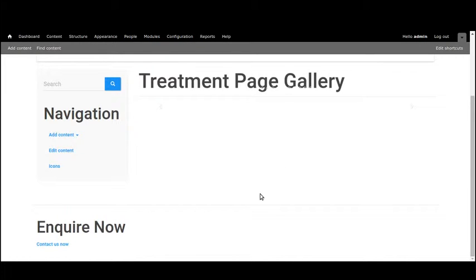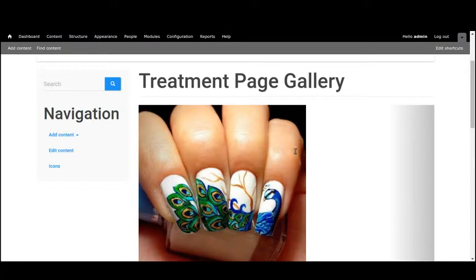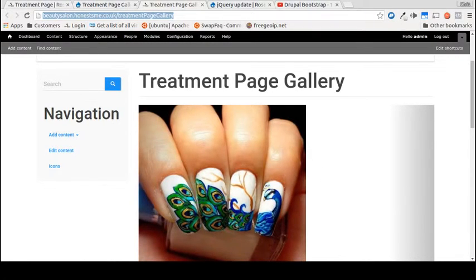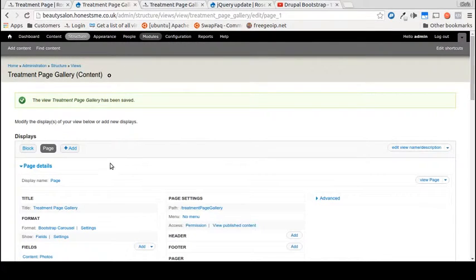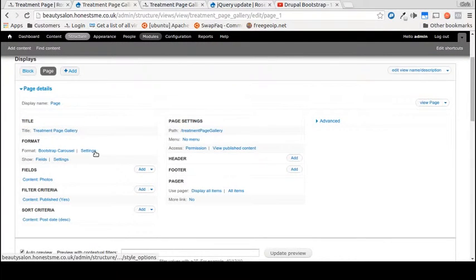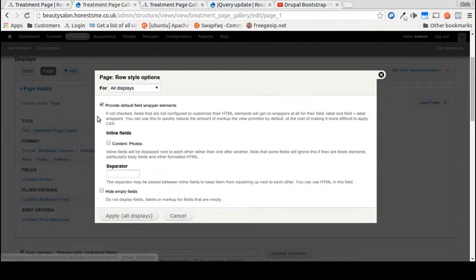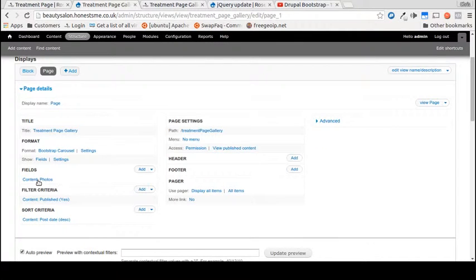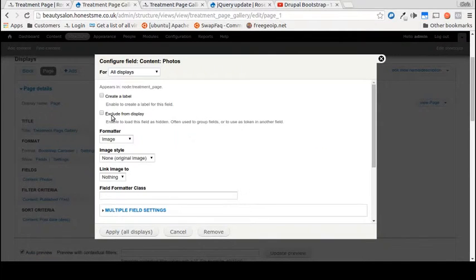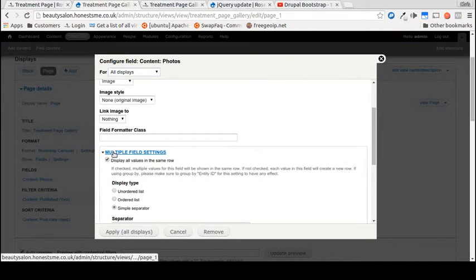Ah, they've all been put into one block as opposed to separate blocks, which is to do with the settings of the field. Okay, so let's have a look and see if we can fix that. So we'll go fields, settings, default fields, photos, multiple field settings. Now what we want to do is uncheck display all values in the same row, because what